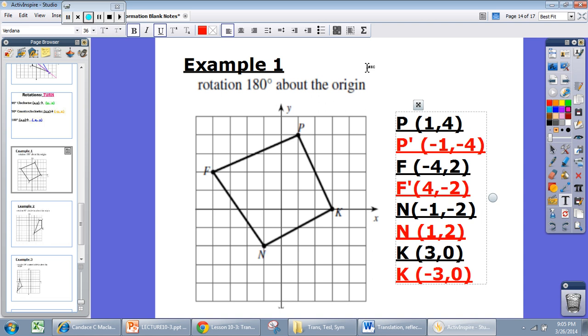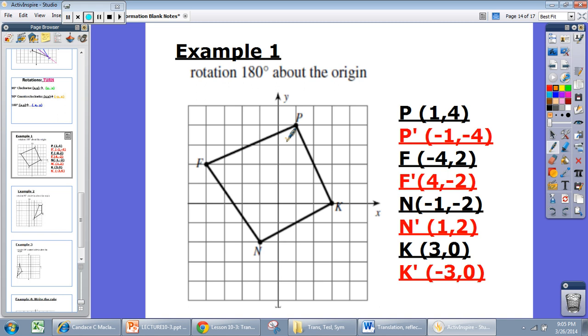Okay, so now that we have our new points, oh, and I forgot my primes. Make sure you put your primes. And, okay, let's put our dots. Okay, so new P is at negative 1, negative 4. That's my new P prime. New F is at 4, negative 2. New N is at 1, 2. And then new K is at negative